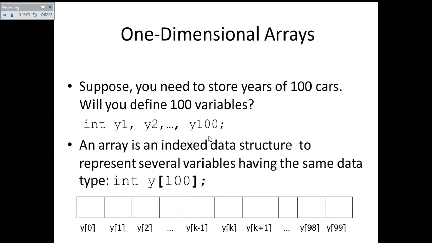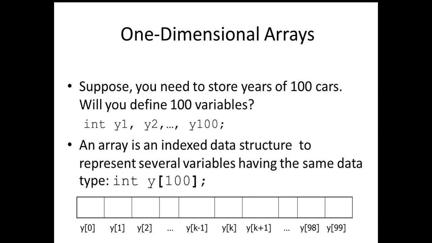This is how they will be stored. You can observe the picture where the first location of your array is identified with the name y of y square bracket of 0. The square bracket allows you to mention the subscript. The subscript is nothing but the location at which your value will be stored in your array. So the first value will be stored at location 0, the second at location 1, and like that, the 100th variable's value will be stored at subscript number 99.